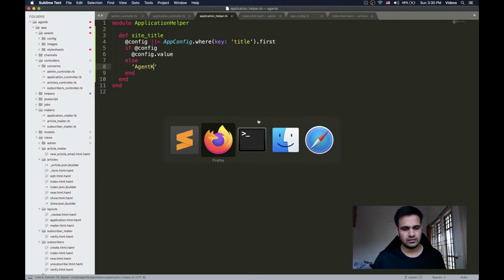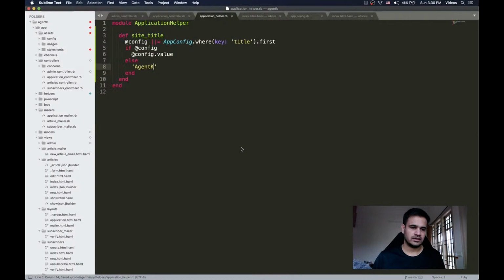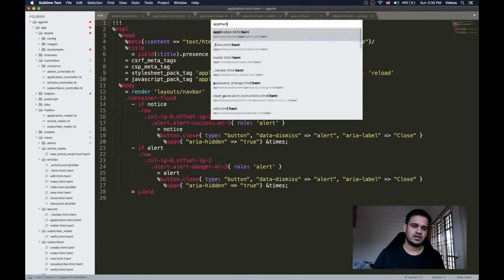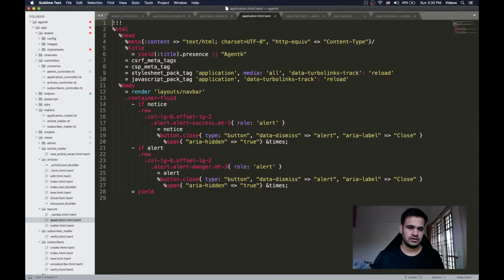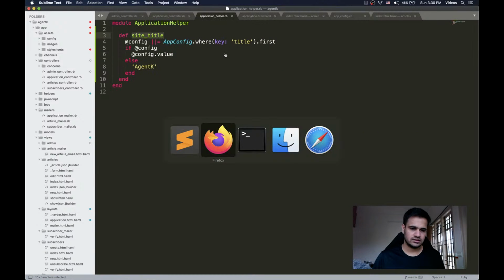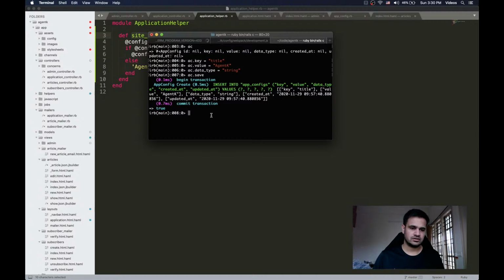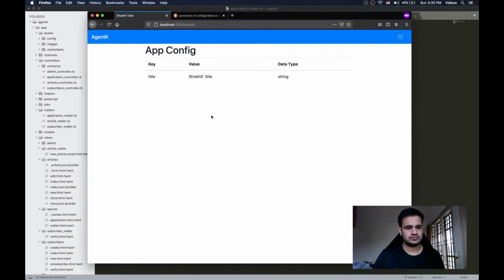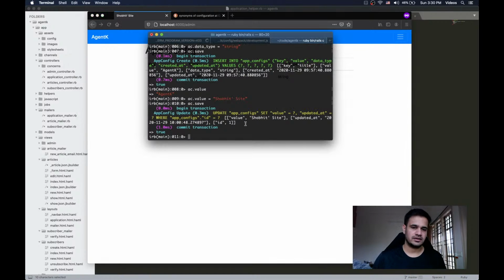And then what I need to do is go to application HAML view, and instead of hard coding the value here, I'll just write site title. Great, and this thing works, but just to check, I'll change the value to show with site, and I'll save it. In this case, this value came out to be show with site, but